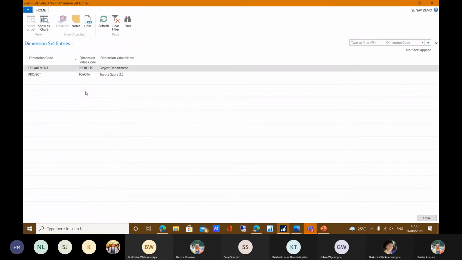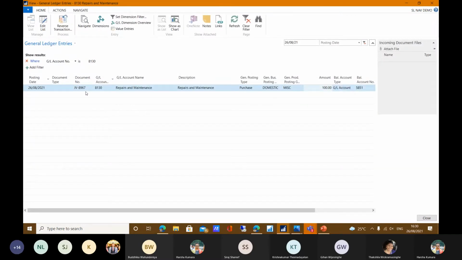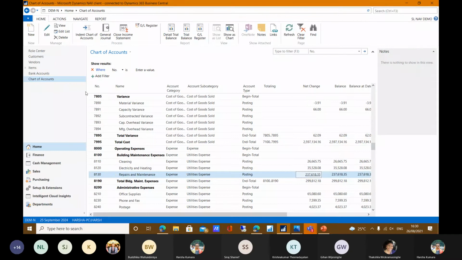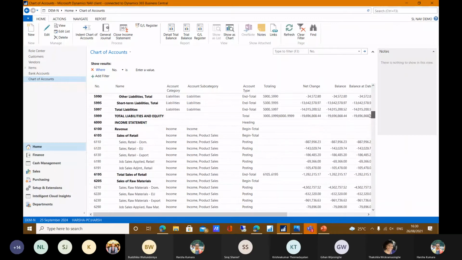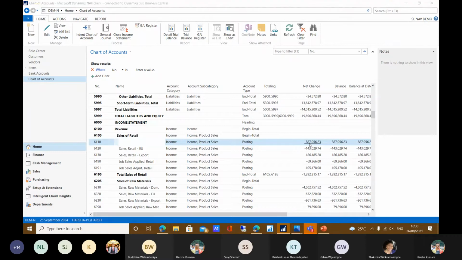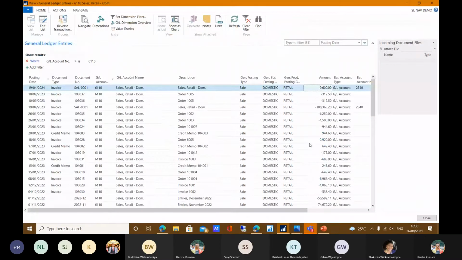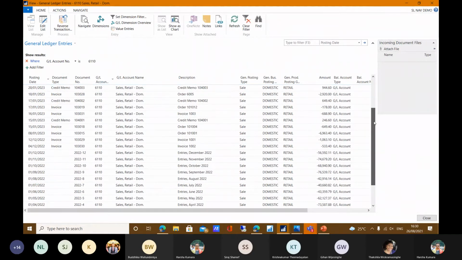This is the navigation of the chart of account. This navigation means you can have endless navigation in the chart of account once posted the data. Then I will go to the sales account and I will show you what is the navigation, what are the functions added with the navigation option. If you see the sales retail domestic account, there are 800,000 values seen posted in the net change. Then I will go inside the 800,000 rupee, and I can see there are lots of invoices and credit memos. There are lots of entries there. Then I can see the invoices and credit notes and JVs, all the figures.